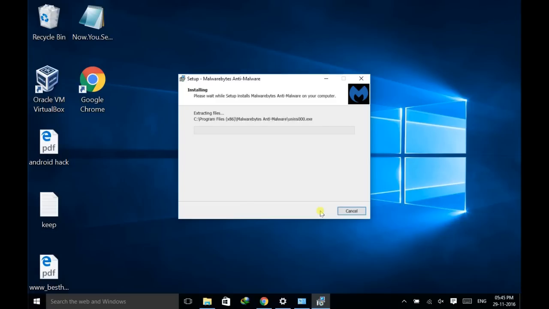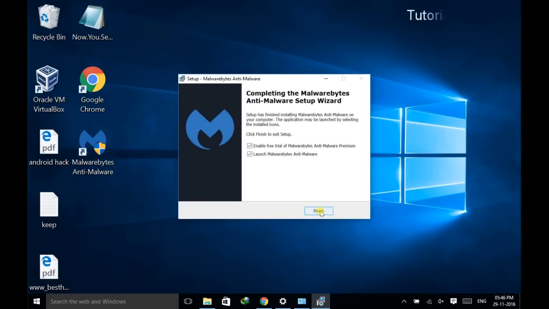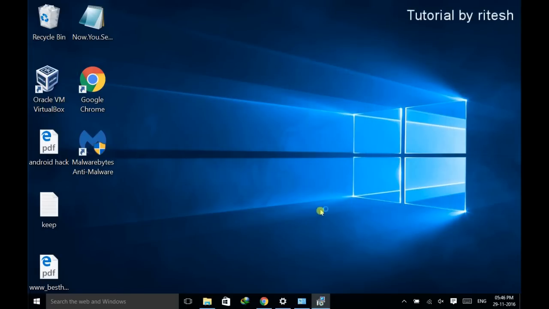That's all. Now it will install this anti-malware tool in your system. So installation is completed. Just launch it.